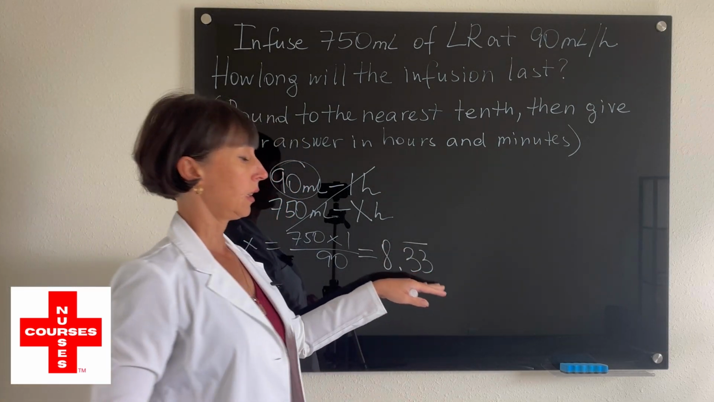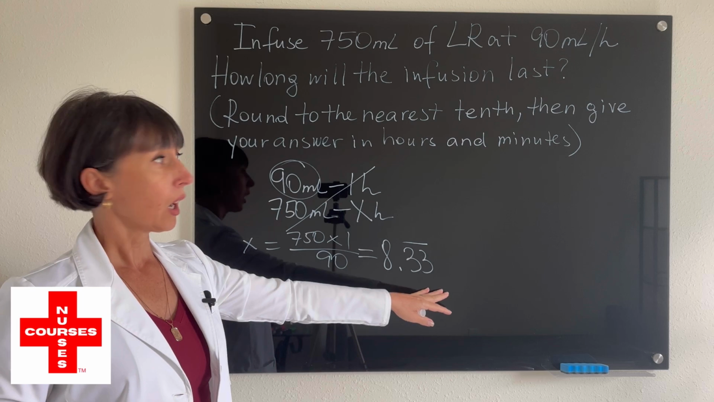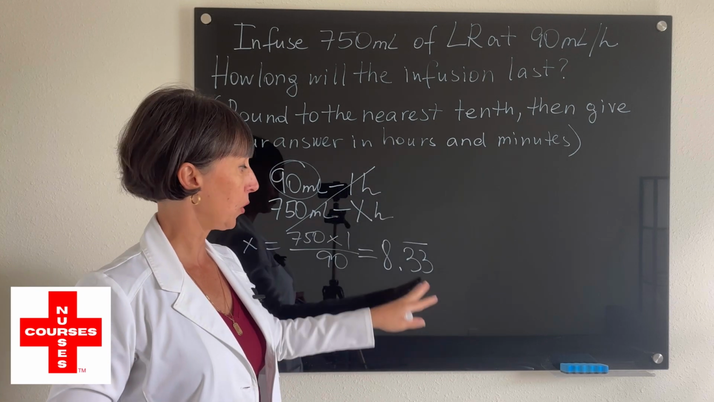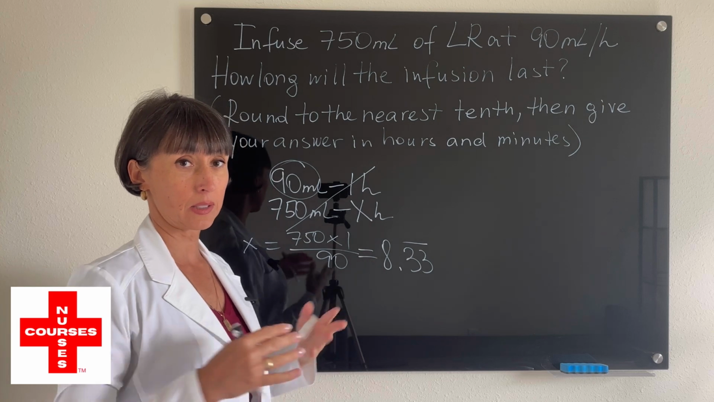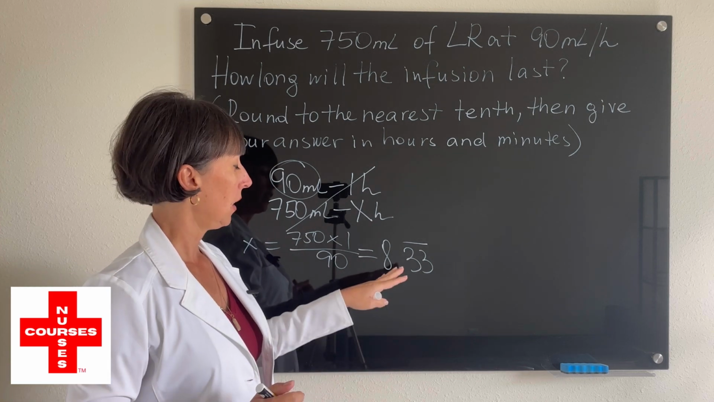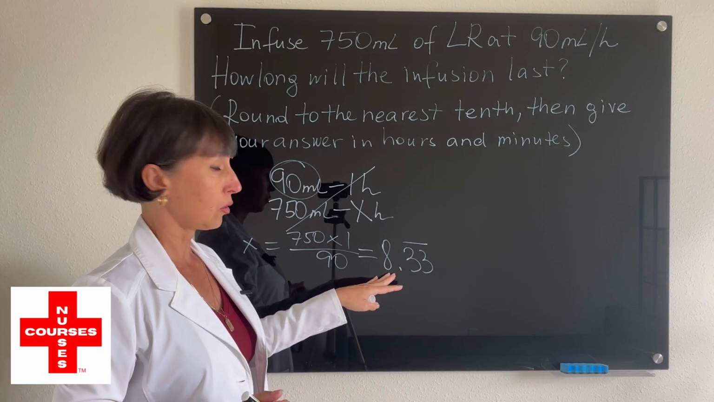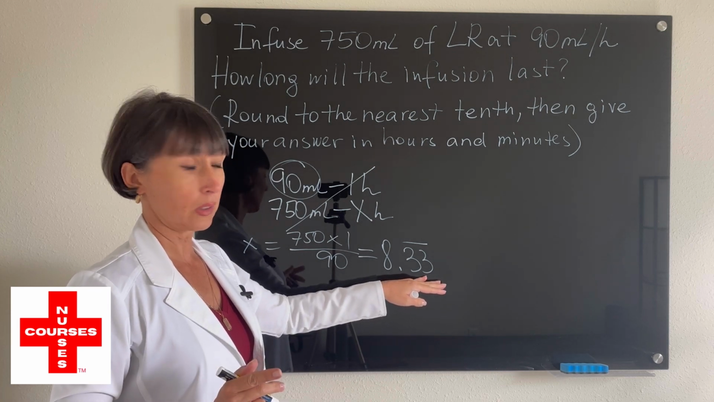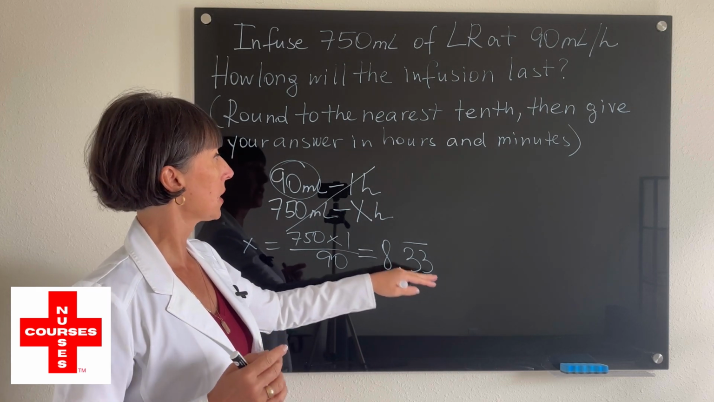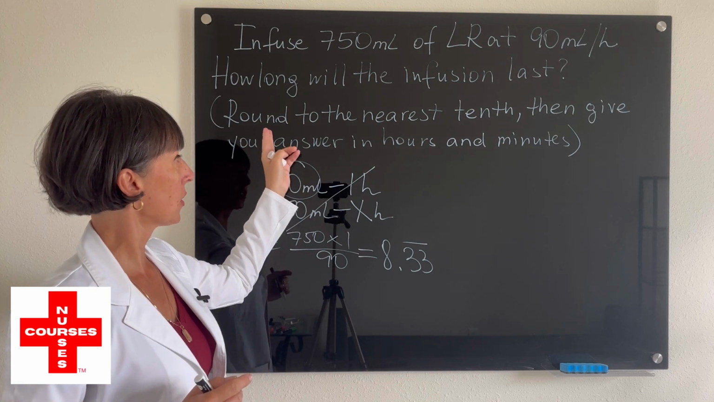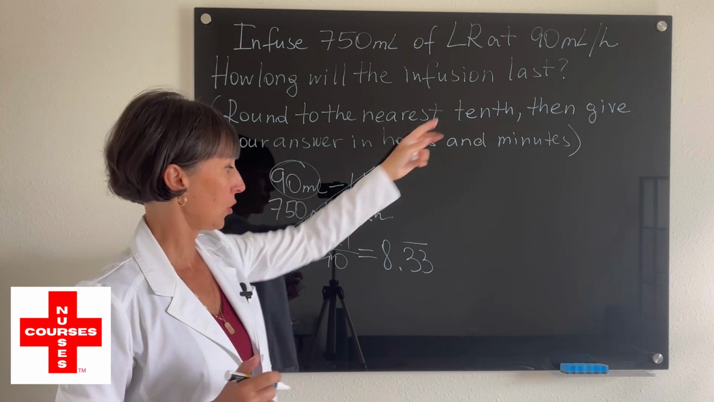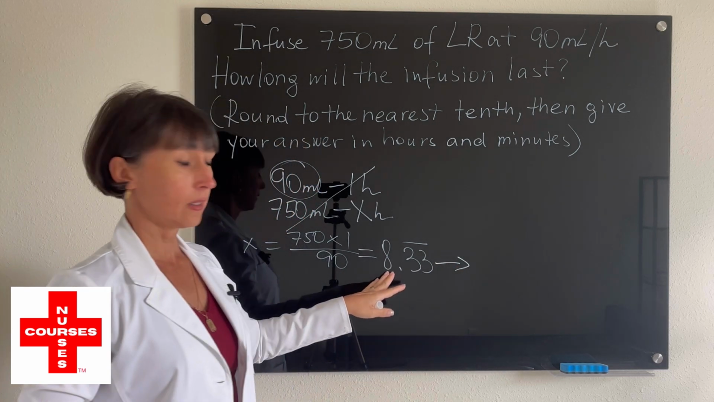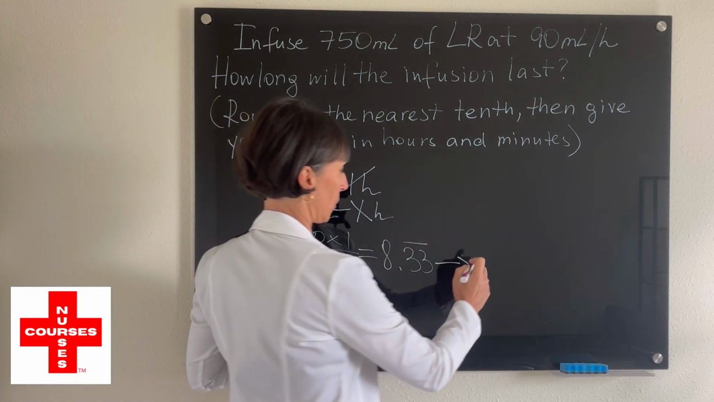8.333 repeated hours. How do we represent it as hours and minutes? Because 0.333 is not the same as saying 333 minutes, right? So 8 hours, good to go, but minutes we need to convert properly from a decimal of an hour to minutes. And the instructions say round to the nearest tenth first. So let's go ahead and do that. After rounding, 8.333 repeated is just 8.3